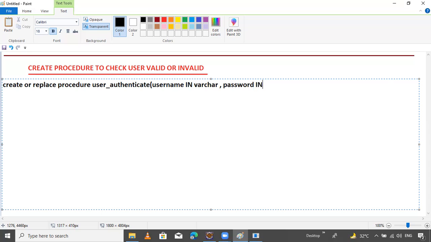Password is also in type. Password is entered by the user and username is also entered by the user. So varchar. Okay. Now second is status. Status is out type. User valid or invalid. The authenticate status variable will check. Okay. Now varchar. That's it.